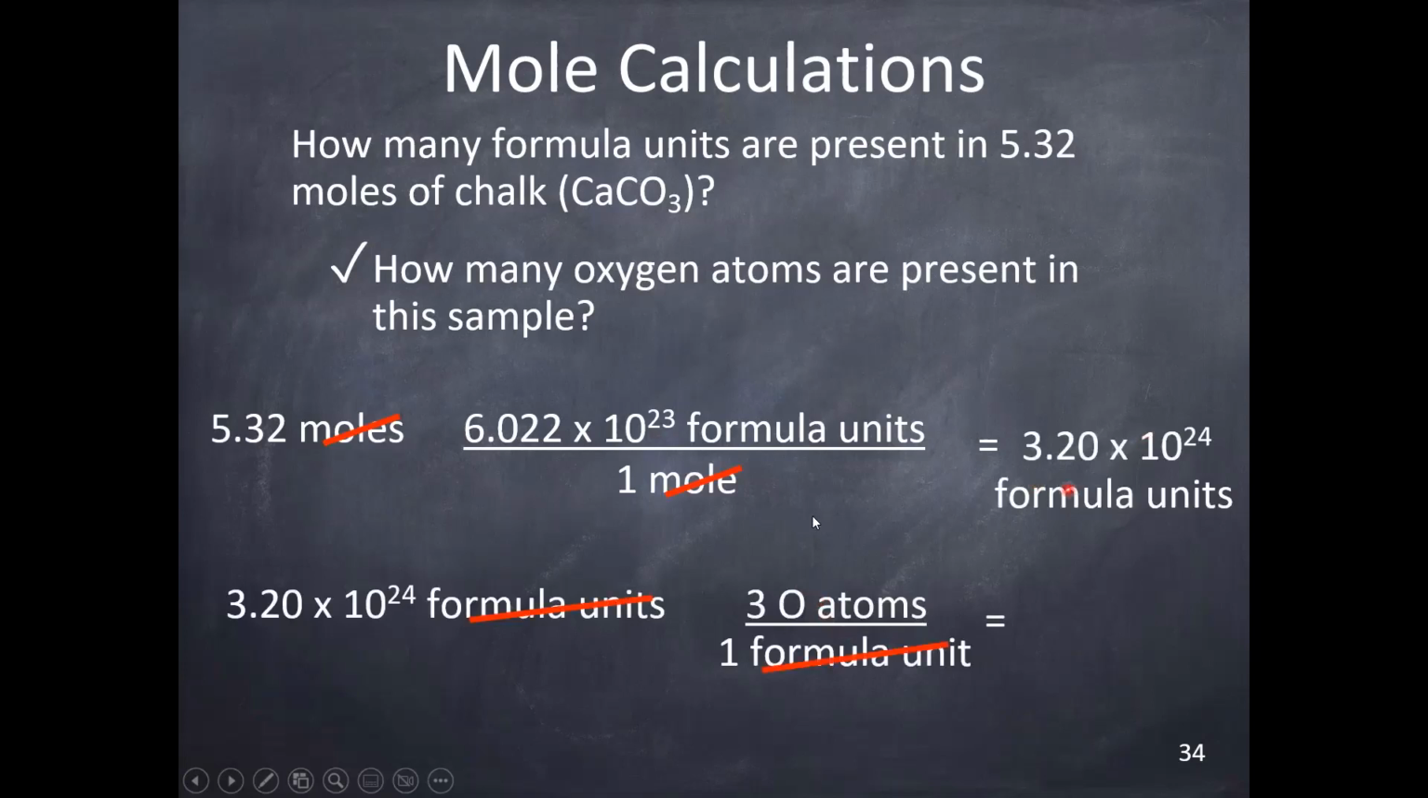So that's why this number is just going to get tripled. So we should wind up with 9.60 times 10 to the 24th. We really could simplify this and make it one step. We could do 5.32 times Avogadro's number times 3, since we could just look to see how many atoms of oxygen per every molecule. So you could combine these into one single step if you wanted to,